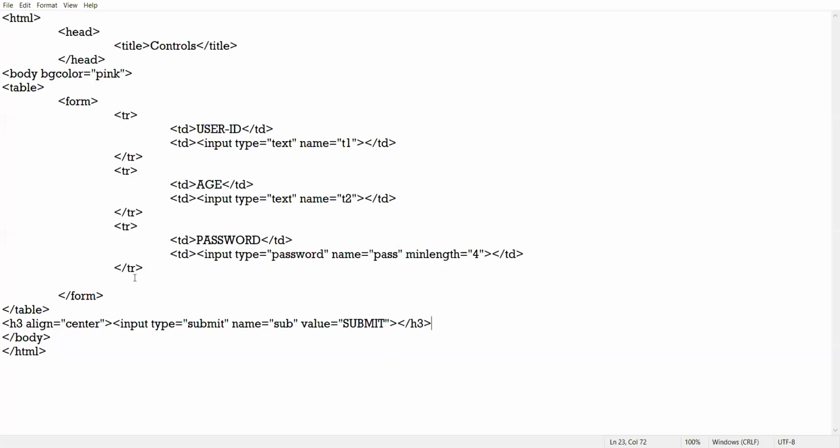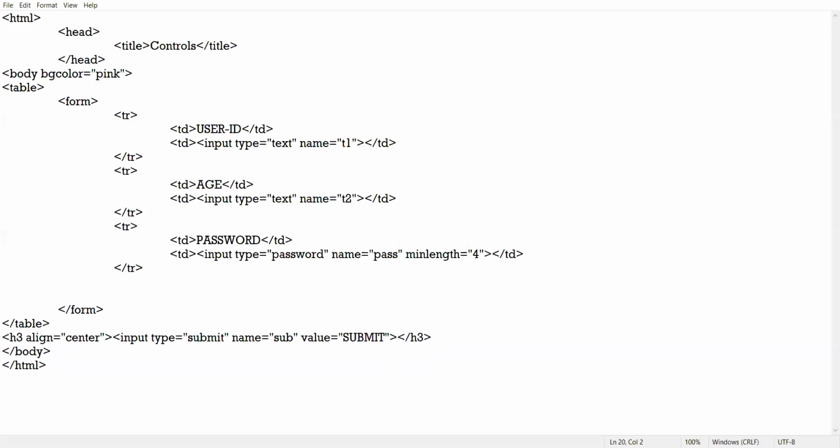Now next, which I am going to tell you today, the next control which we are going to study is checkbox. Many times you have seen certain options and a square is displayed in front of the option.